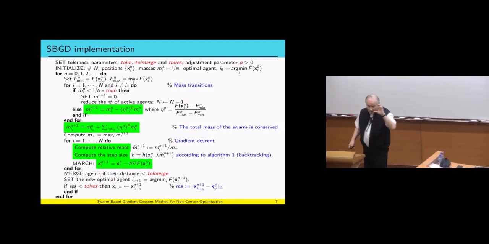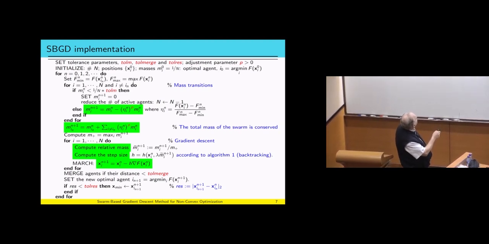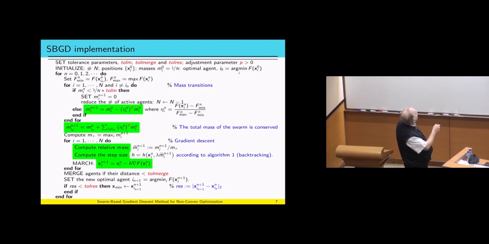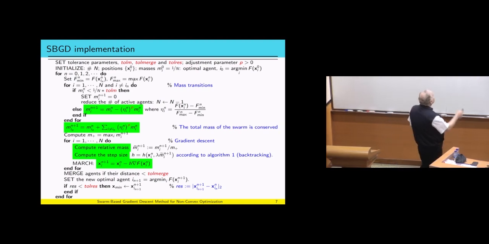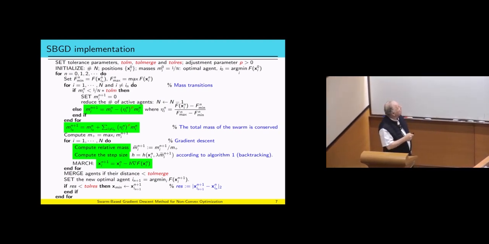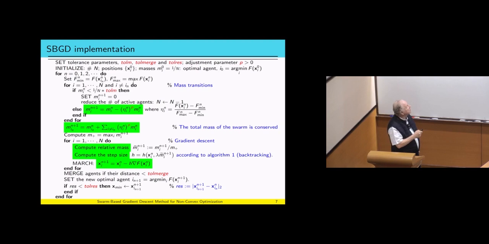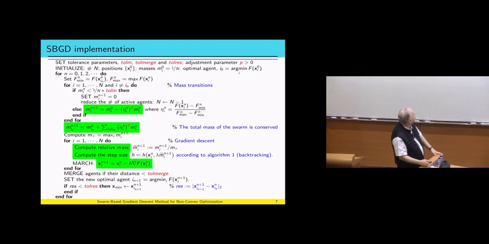So everything I described really enters in one slide. Here's the slide. Basically, you initialize, all the masses are the same, and if the mass is too small, then you set it to be 0. And then you reduce the number of agents. You know why? Because of survival of the fittest. Here, each agent sheds a fraction of its mass. What is the fraction? It's this eta_i that I had before. In fact, the fraction could be taken to be any power of the fraction. It's still a fraction. We didn't optimize, but we found out that in general, p equal 2 is, in some global sense, better. So we always use p equal to 2.